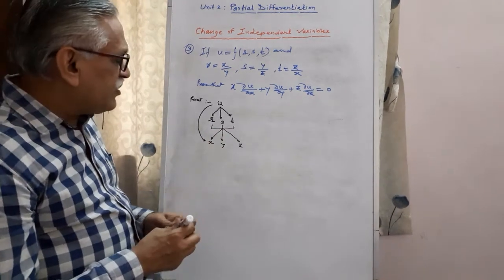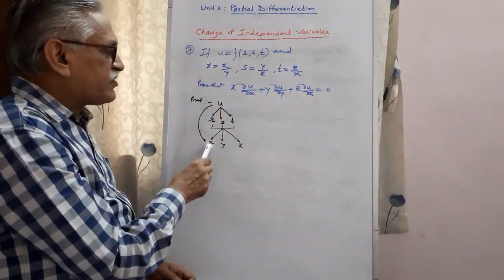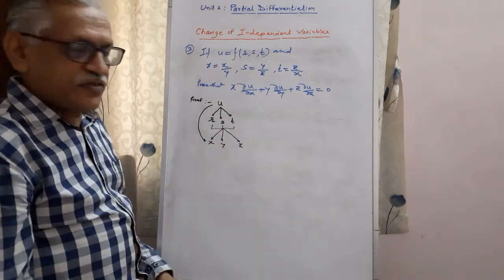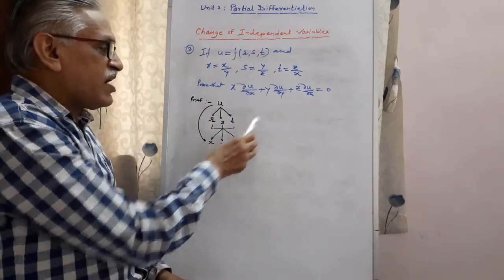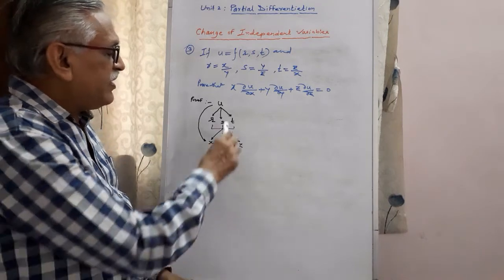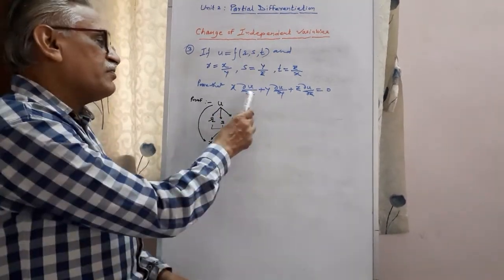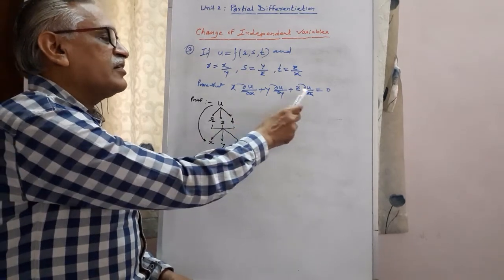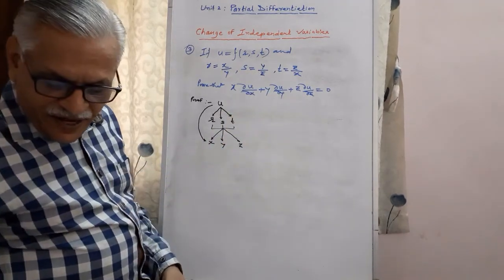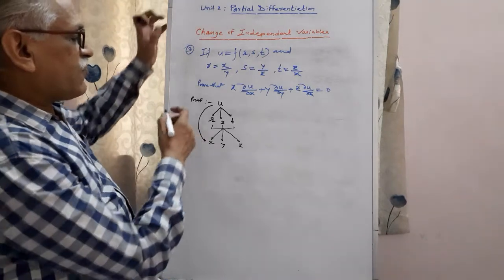Therefore, we have to differentiate u with respect to x, that means ∂u/∂x. Then differentiate u with respect to y, we get ∂u/∂y. And then differentiate with respect to z, ∂u/∂z. First multiply by x, second multiply by y, third multiply by z, and then take the addition. Therefore, from the tree diagram,